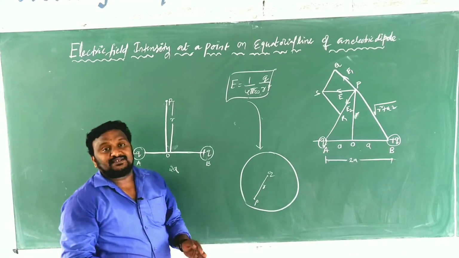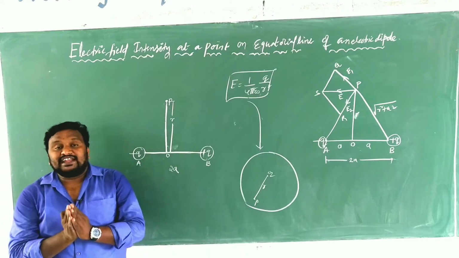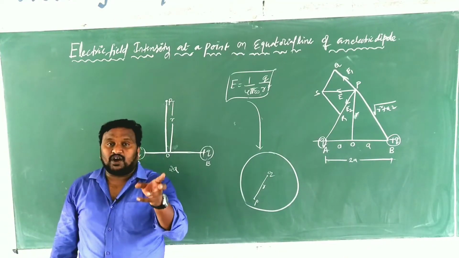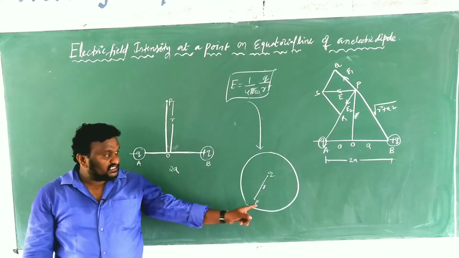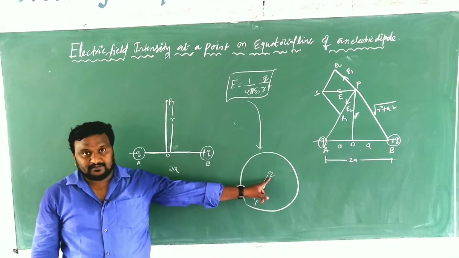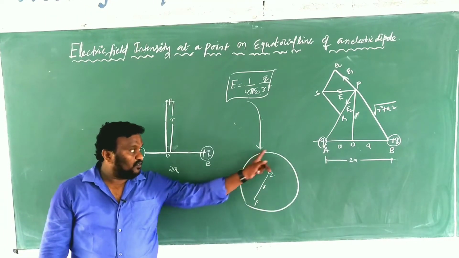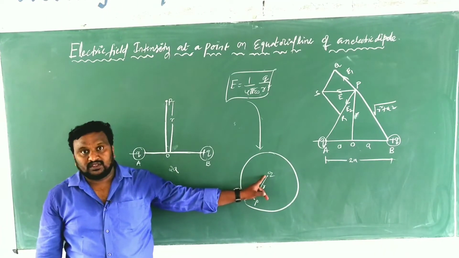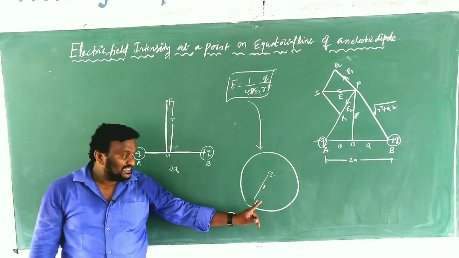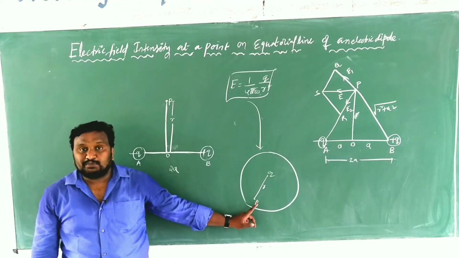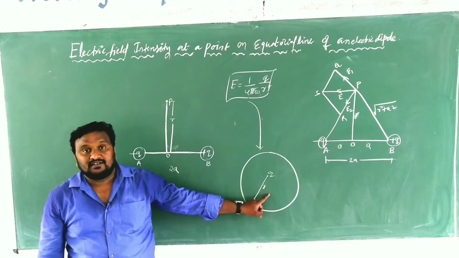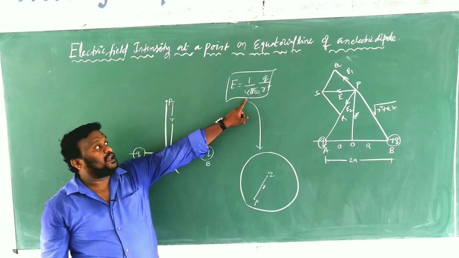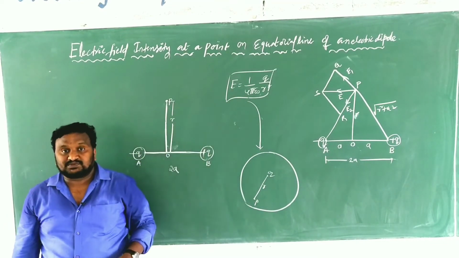According to this formula, what do we conclude? Simply, there is some electric field intensity because of every individual charge. In this diagram, only one charge is there. The round region we are taking is the electric field of that particular charge Q. In that electric field, we selected one point P at a distance of r. Then the expression is E equals 1 by 4 pi epsilon naught Q by r square.